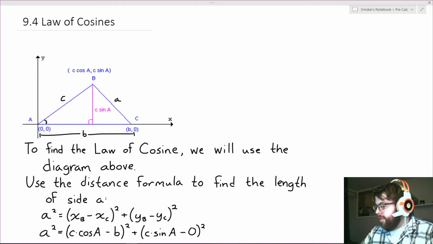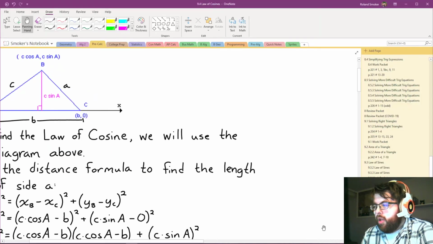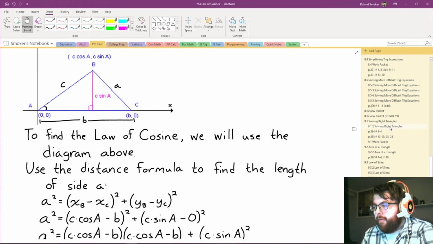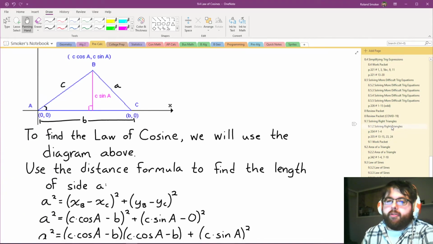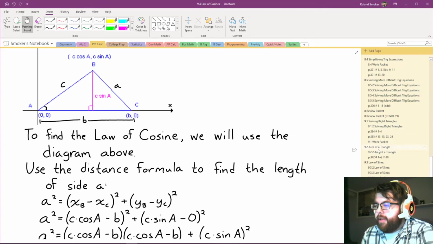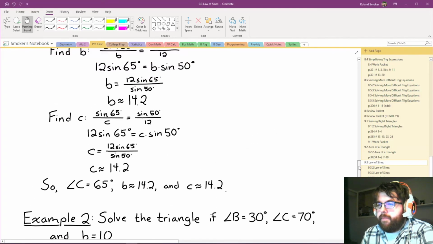So we did Law of Sines, we're learning about solving triangles, and this is the last tool in your toolbox to be able to solve triangles, any triangle, not just solving right triangles, any triangle. Some of those tools, just to recap: if it's a right triangle, we would have all sorts of tools, Pythagorean theorem, trig functions. But to solve non-right triangles, we were looking at law of sines in the last video, and